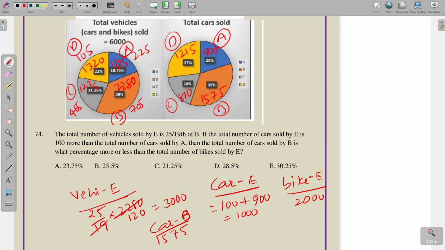What percentage more or less than this one? Means 425 by 2000. Percentage means into 100, that is 21.25 percentage. 21.25 percentage of this one. Next,